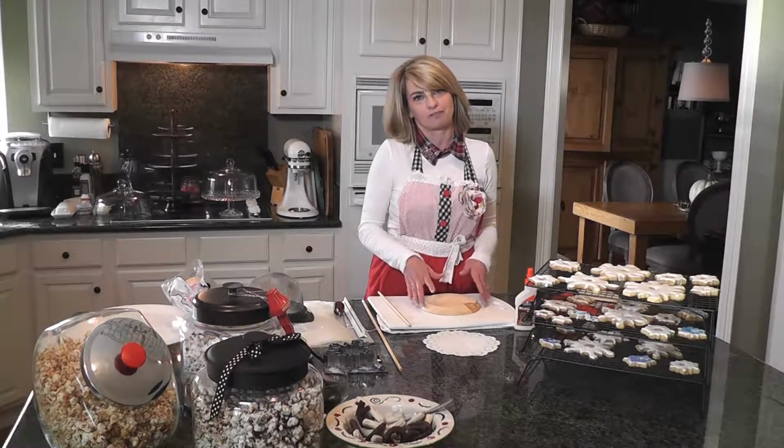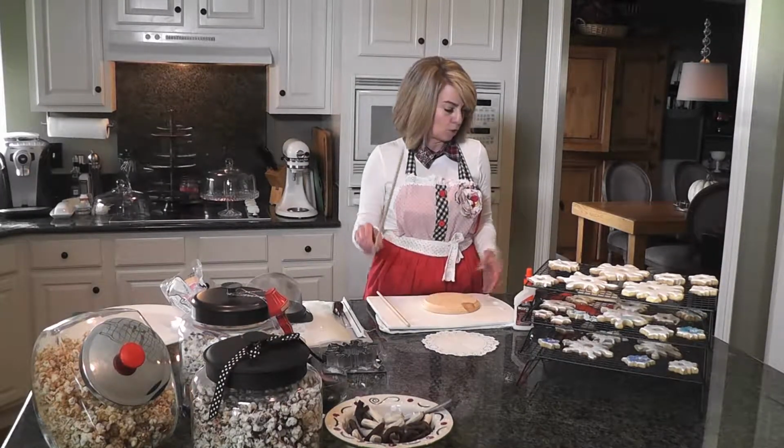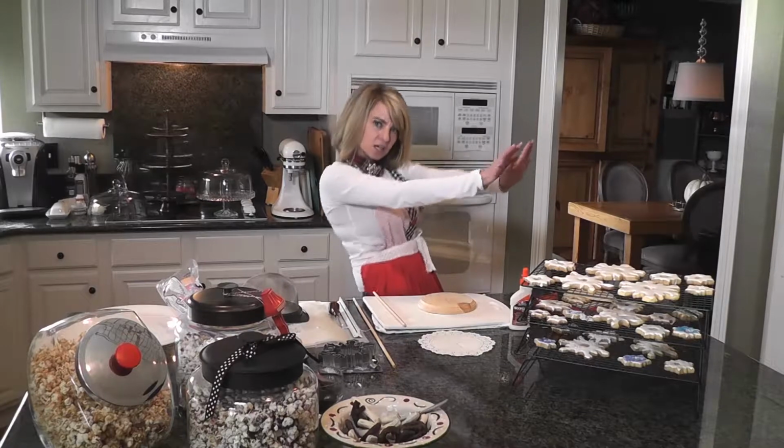I'm going to show you how to make a cookie tower with a few things you could pick up at any craft store. What you'll need is a wooden disc, a dowel, a drill, and some cookies that you made from Cookie Party,